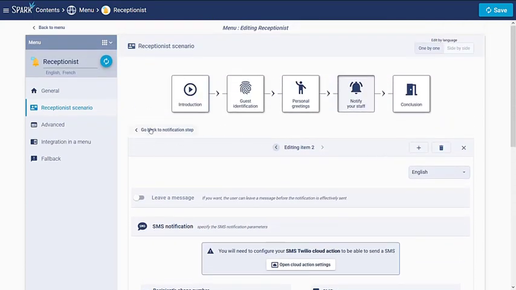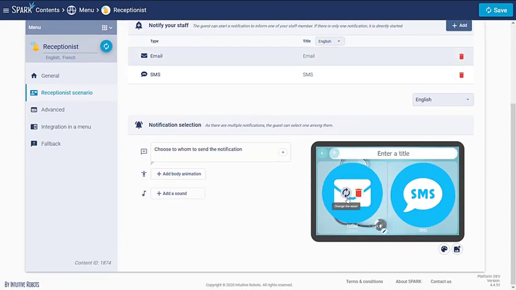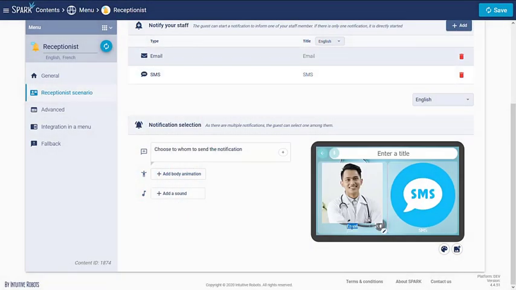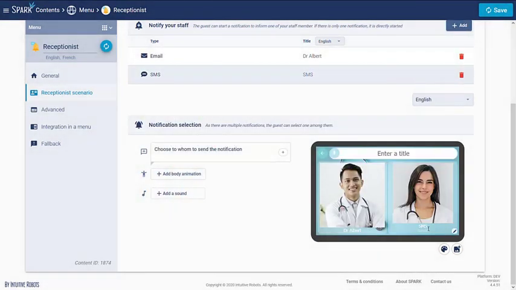Now let's go back to the notification step. And here we can change the icons with Mr. Albert, who wants to be contacted only by email. And here, let's call her Dr. Young, who wants to be contacted only by SMS.